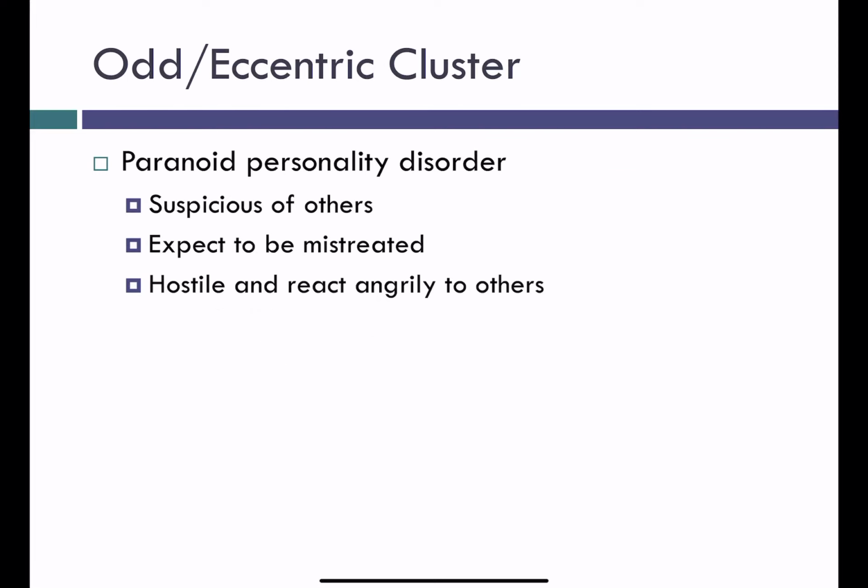So paranoid personality disorder is individuals who are extremely suspicious of other people. They kind of expect to be mistreated and react angrily to others. So they become really suspicious of people close to them, and they blame them for their shortcomings. When other people point out that their concerns don't make sense, individuals with paranoid personality disorder see this as kind of further evidence to support that. This is kind of more common in men than women, but it's not paranoid schizophrenia because it doesn't have other symptoms like delusions and negative symptoms.